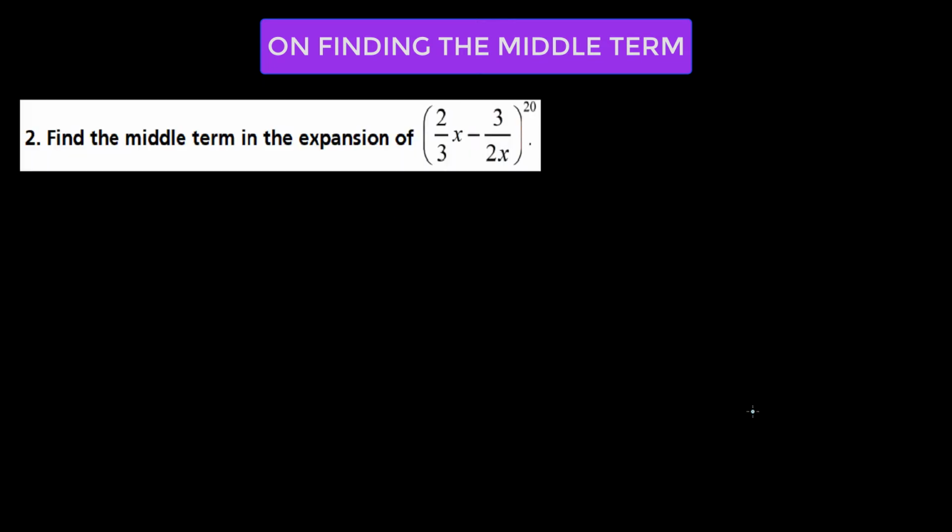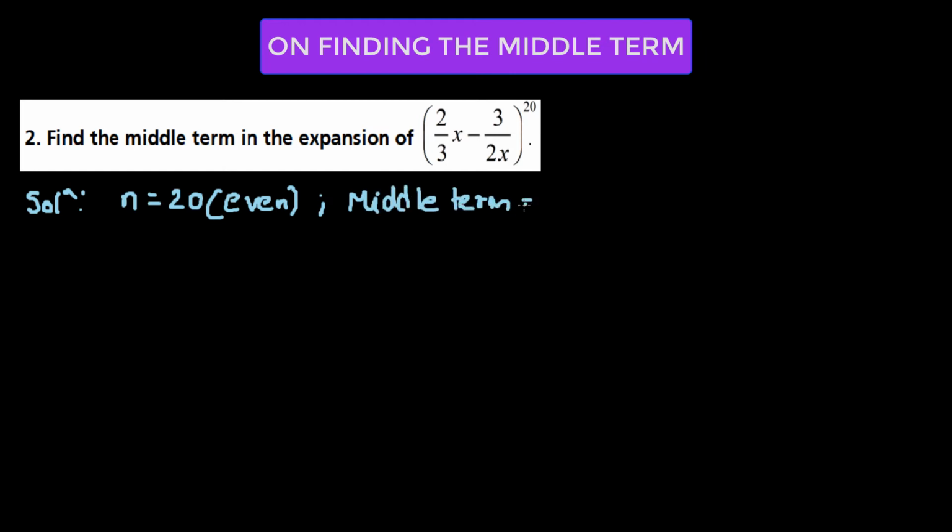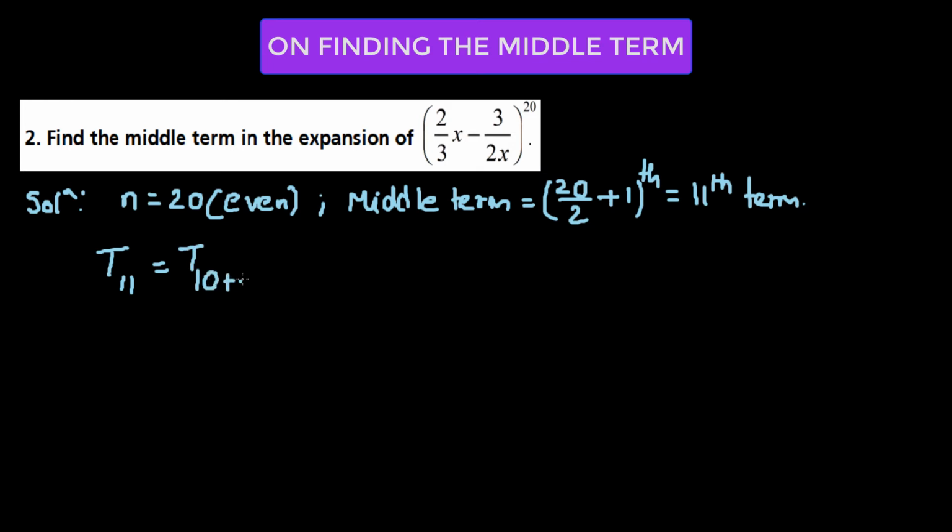So in this question, we have to find out the middle term in expansion of 2 over 3x minus 3 over 2x raised to the power of 20. So here, again, n is 20, which is an even number. So the middle term will be the 20 over 2 plus 1 term, which is again equal to the 11th term. So therefore we find out the value for t11, which is going to be simply t10 plus 1 equals to